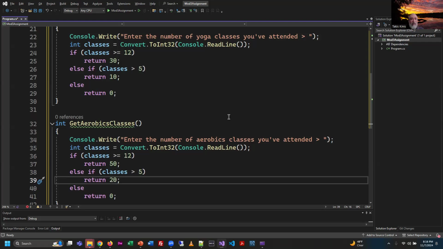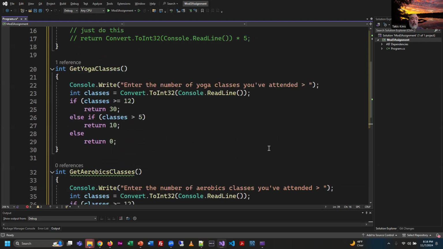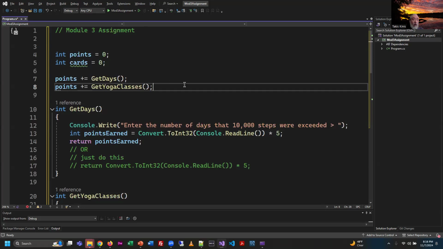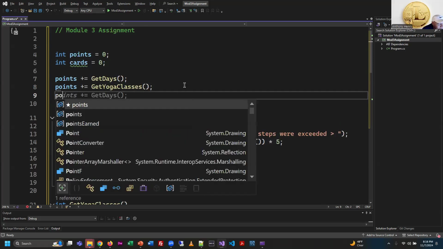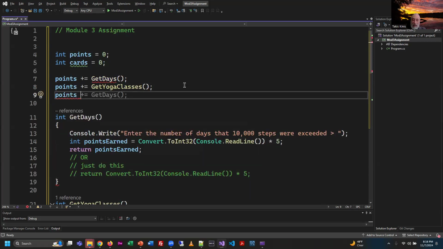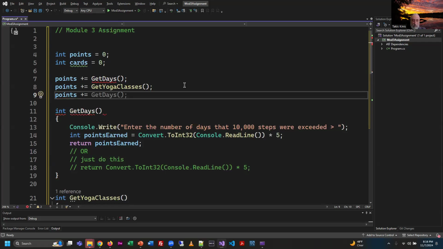I'm not sure what you mean, Anthony, but if I'm copying the code, I'm copying it exactly. No, they get rid of the green squiggly line. Oh, the reason this is underlining is because I have not called it yet. So yeah, up here, that's what I mean. Up here I have to say points plus equals getAerobicsClasses